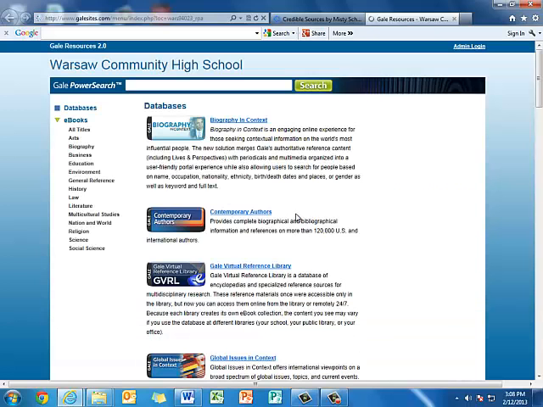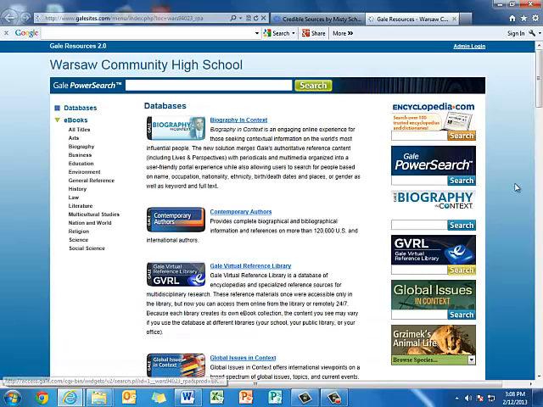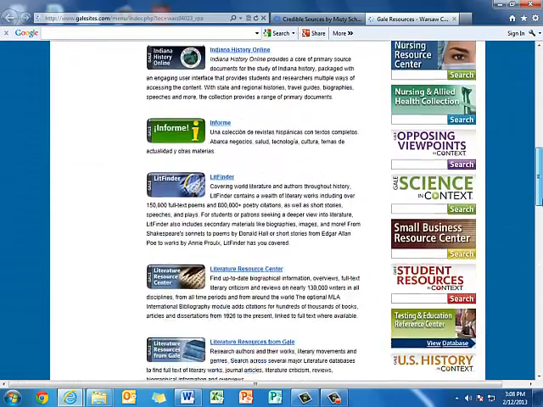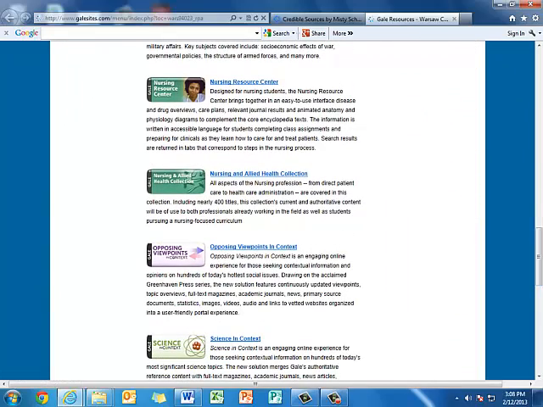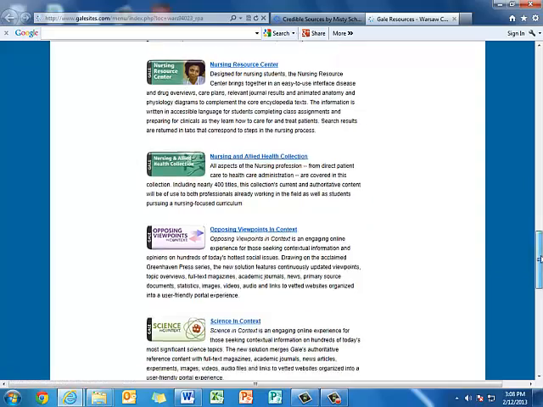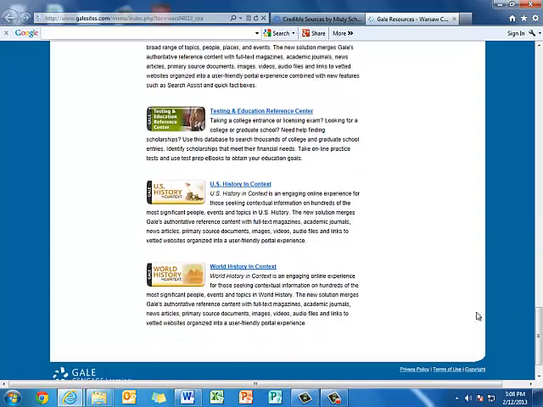And inside Gale Resources, I'm going to look up totalitarianism because we just finished 1984. Make sure that when you are in Gale specifically, that you click on a specific database that you want to use. So don't just search in the power search, actually choose a database. For some of you, the Opposing Viewpoints database is going to be a really great place for you to go. I am going to go to World History and Context,